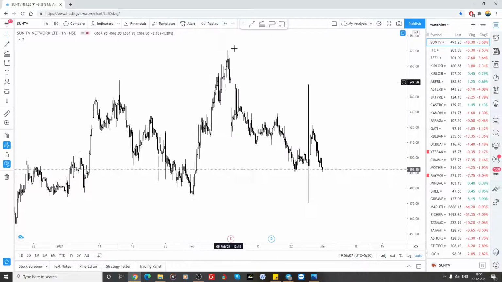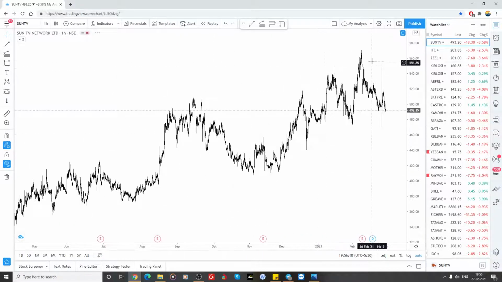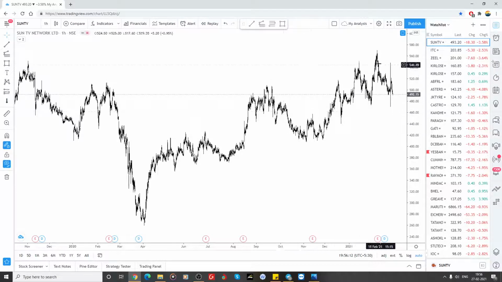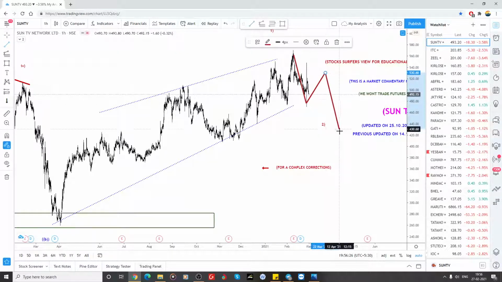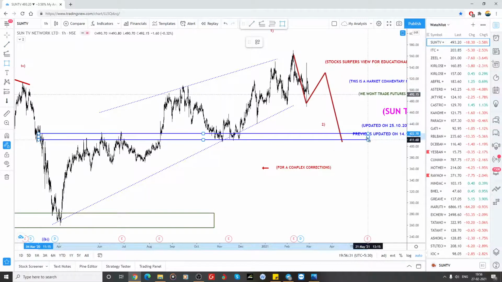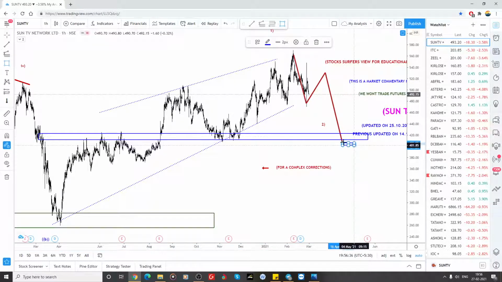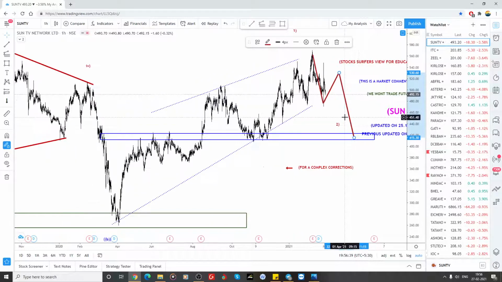See, sometimes it looks like a 5 ways also. So in either condition, if at the end of that 5 structures, 1 2 3 4 5 in the leading diagonal, I need a bigger 3-way structure around the 400 level. Again, this zone has to be reached. Only if it reaches the 3-way structure in this zone around 400, 410, I will be on the buy side. Otherwise we need to split your entry from here itself, because we don't know what is going to